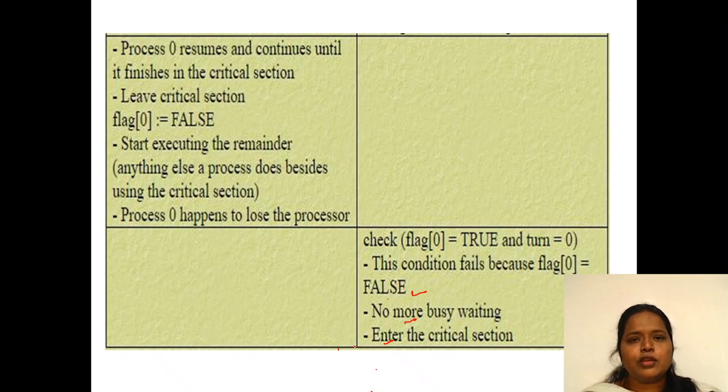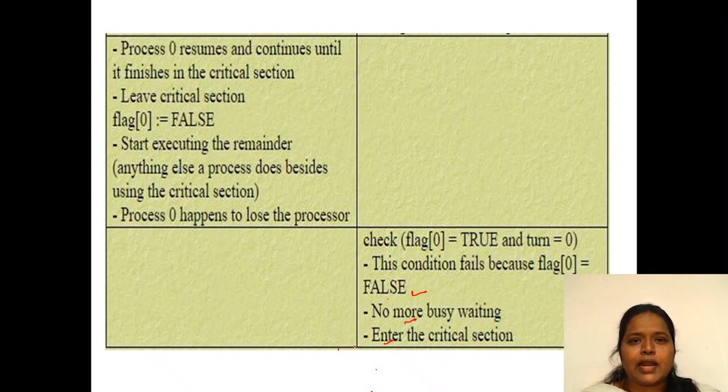How are we going to check that? By making use of a semaphore. So what do we mean by a semaphore? It is one of the remedies for the critical section, using two operations, wait and signal. Wait means we are going to decrement, and signal means we are going to increment. So by making use of this